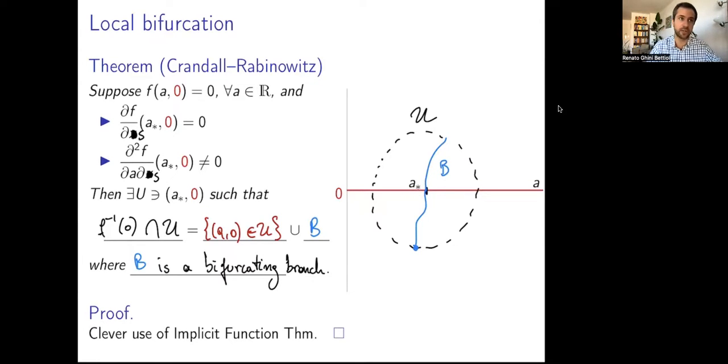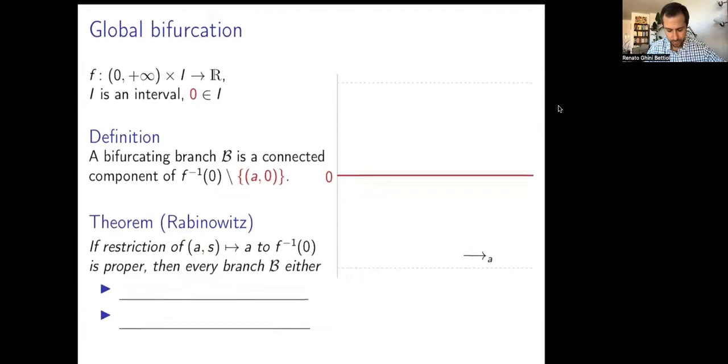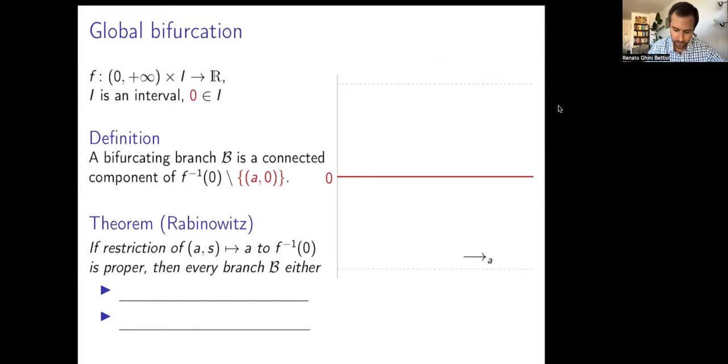and the proof is actually a very nice use of the implicit function theorem. All right, so this is the local bifurcation result, since it gives me a neighborhood here of that special point where this happens. And then the question is, what happens to this branch? Does it keep going, right? Can I go beyond this open neighborhood U? And that's ensured by this global bifurcation result,